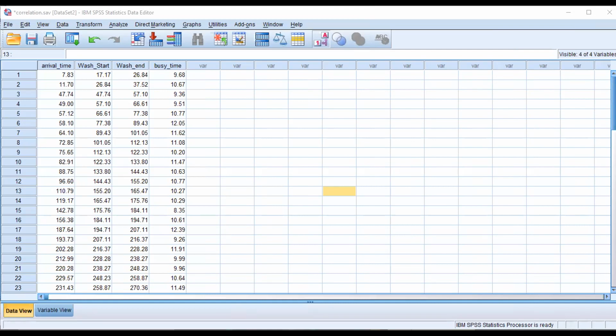This busy time always has a negative relationship with all three variables: arrival timing, car washing timing, and when the service timing ends. But they don't have any kind of significant proof. Maybe visit time was not collected from reliable sources, or they were not serious about providing the information. There can be such a reason.